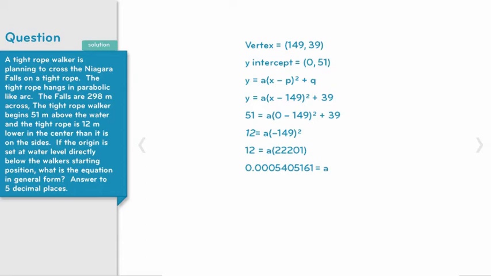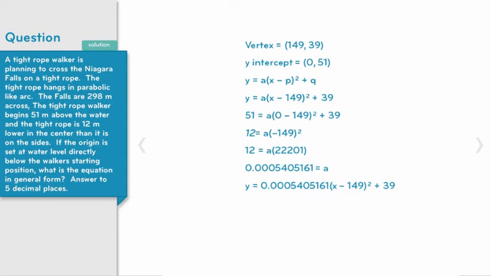0.000540561. Now I've carried a lot of decimal places there, and the reason for that is that the question asked for it to be rounded to 5 decimal places. So I'm going to put that value into the equation for a. And now I need to follow the order of operations in order to solve for the rest of the equation